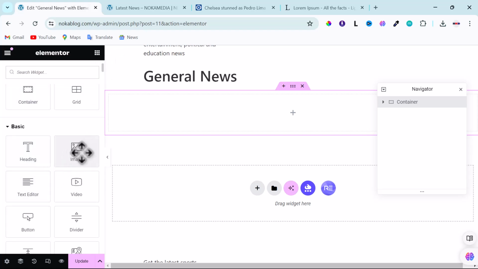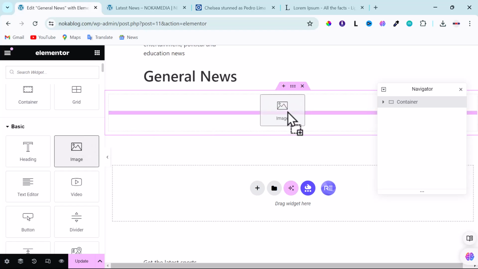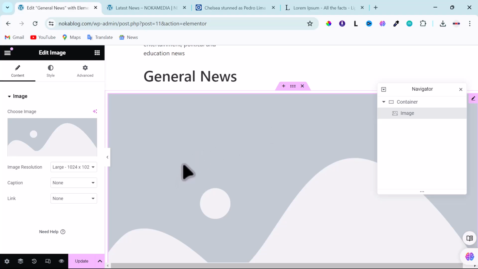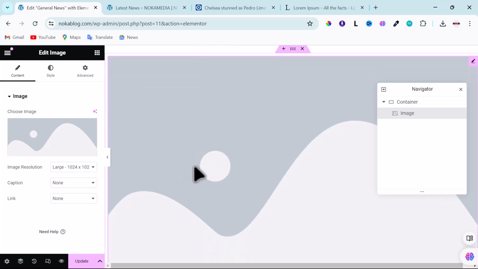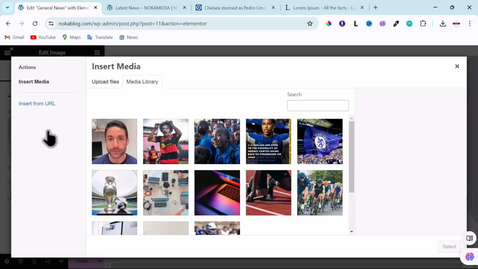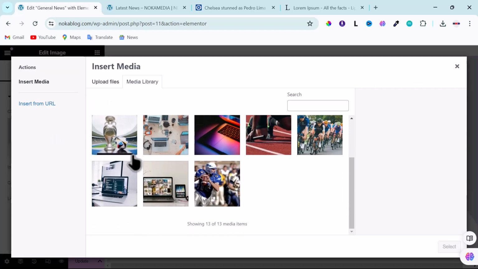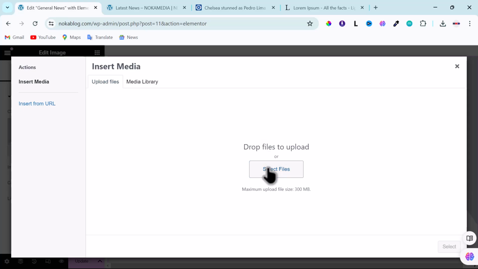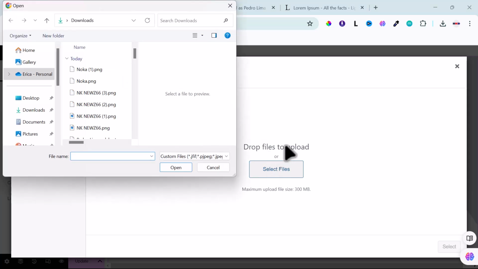Okay, this one, then let's put it here. I've taught you how to design a logo. So click here, and then my logo is not here, so I will insert my logo, upload it. So go to upload file, click here,